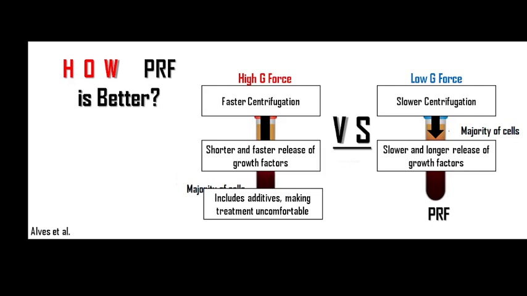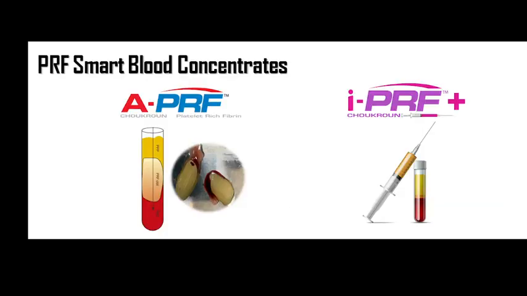PRP includes additives, making it uncomfortable, and there's a chance of contamination, as it requires two centrifuges and is more time consuming. While PRF is 100 percent natural and additive free, taken from the patient's own blood. So PRF is a smart blood concentrate,